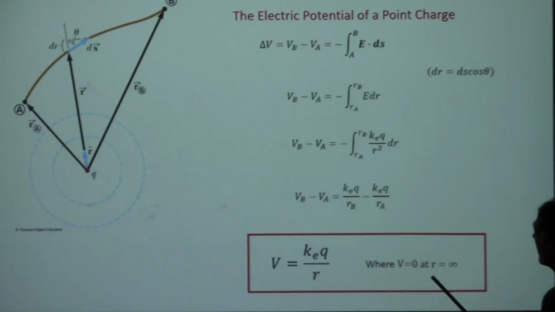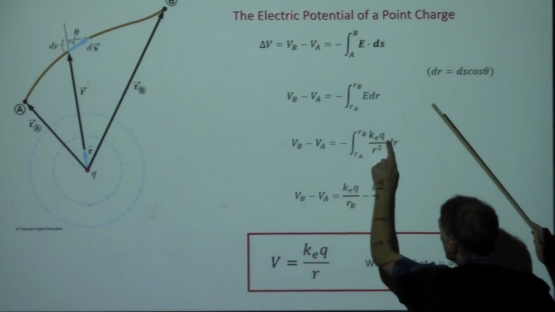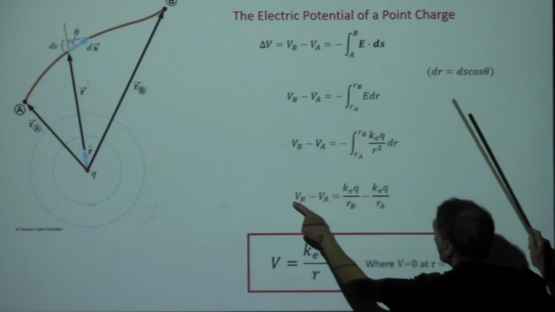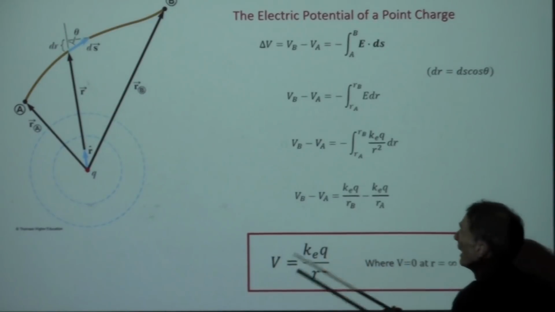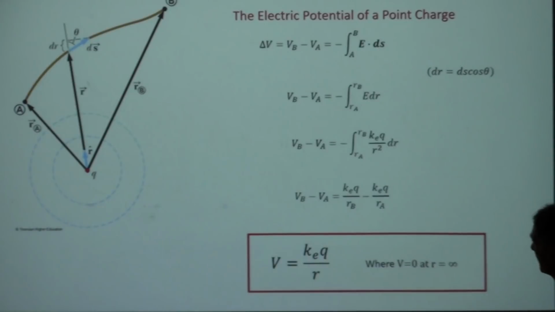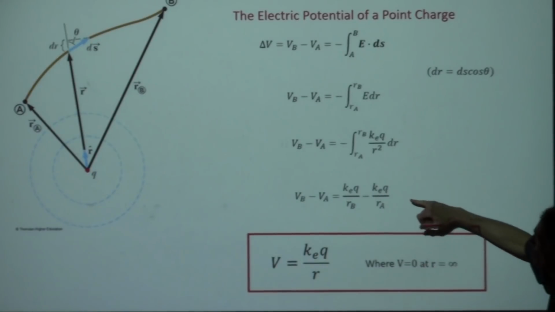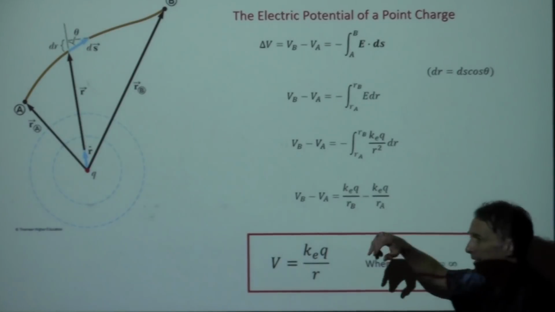Here or there we can put in the electric field for some point charge, and we can come up with the change in potential as I go from A to B. Okay? Now, something we're going to do to make things simpler. Remember back in,